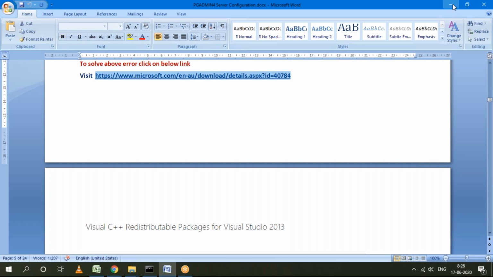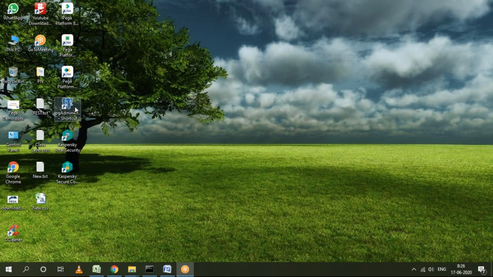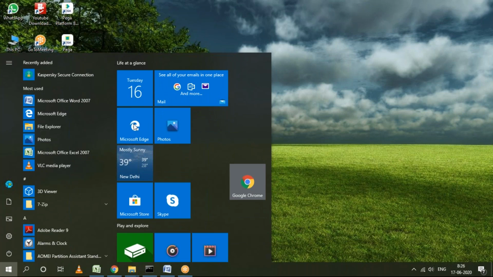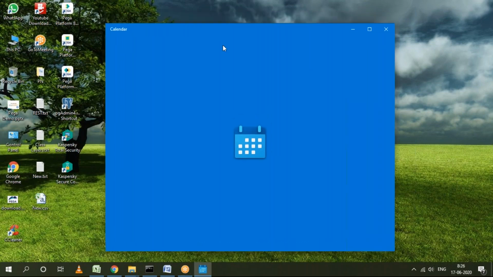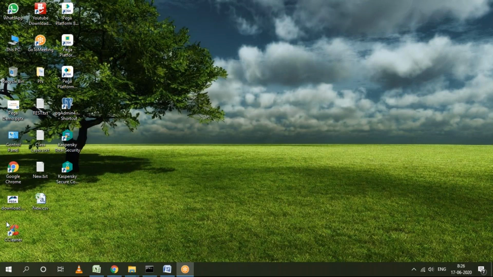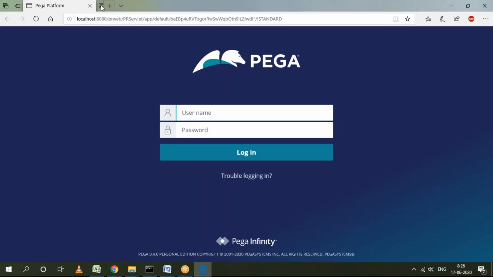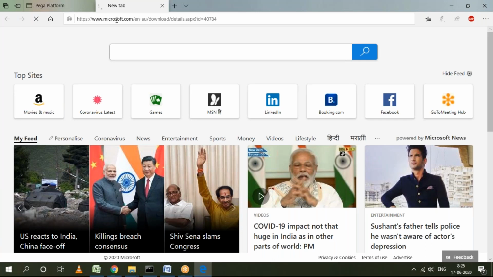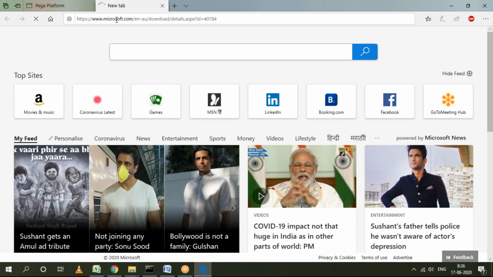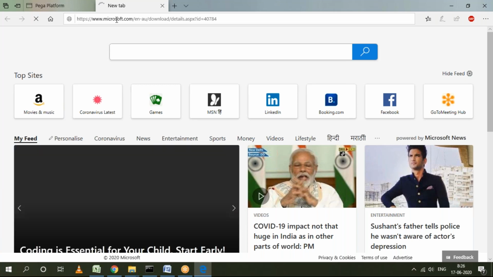See, try to open it in a browser. Copy that URL and paste it in a browser and download that patch. Just some 6 or 7 MB size will be there. Just download that patch and you have to install.